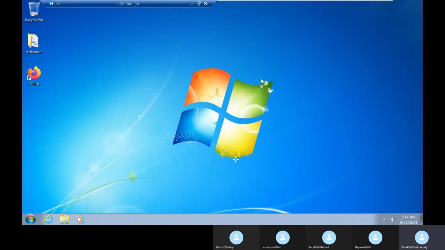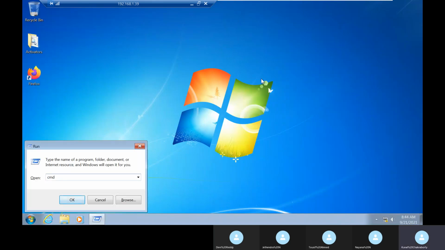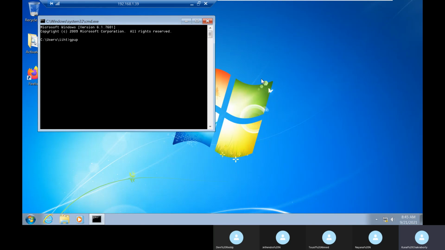And here I need to assign group policy update, so gpupdate /force. So our policy has been updated.